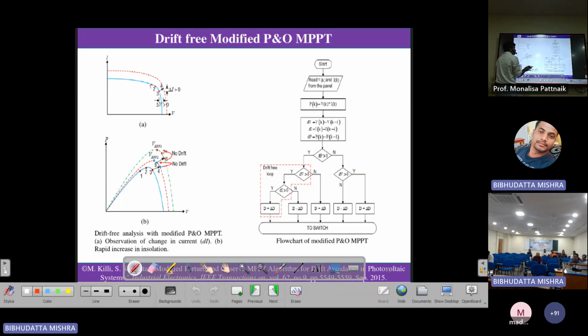We just wanted to put some condition such that the algorithm has the knowledge, as I told you, whether this power del P variation is due to del D variation or it is due to the irradiation change. That is also very simple logic. How can you check whether your increasing del P is due to del D or irradiation changes? So if you see the IV curve,